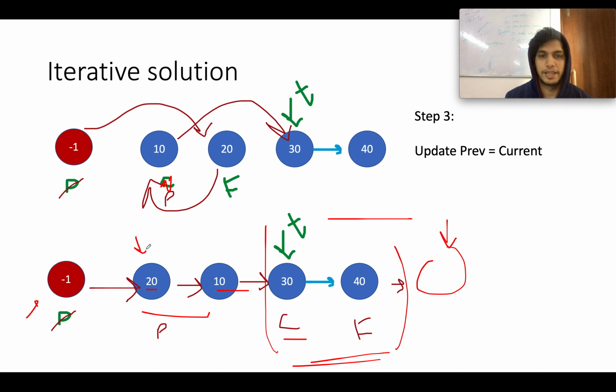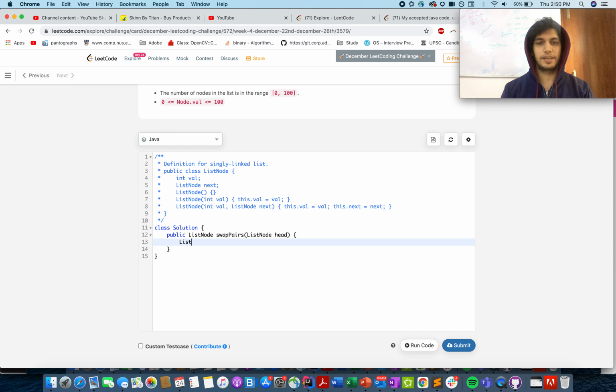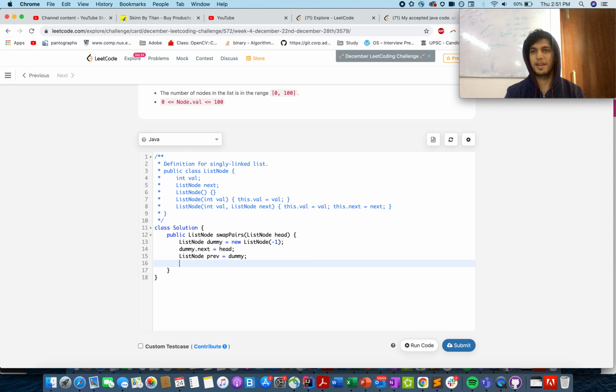So let's quickly code this up. I hope I made clear the steps that were involved in this algorithm. As discussed, defining the dummy node, new ListNode, and I'll pass -1 to it, attaching the dummy node to head, and defining a ListNode named previous equals dummy. So this is what I have done as my prerequisite operations, and now I'll write the logic.